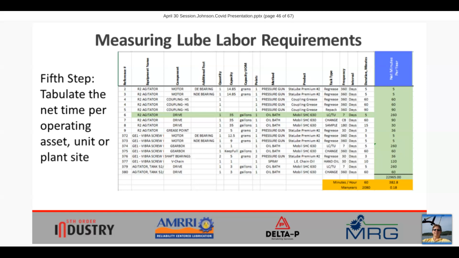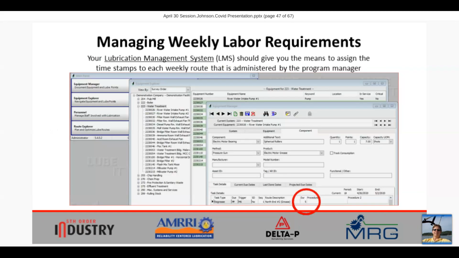Now, once we have the details in hand, if we are using a task management system, we can take those details, plug them into the task management system, and as long as